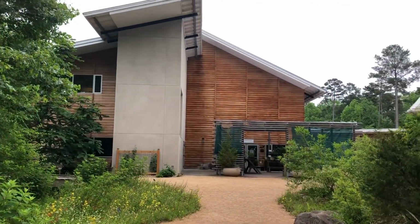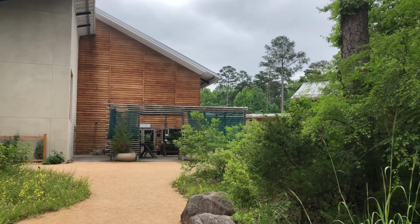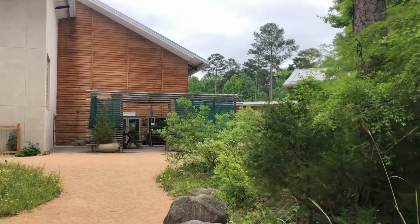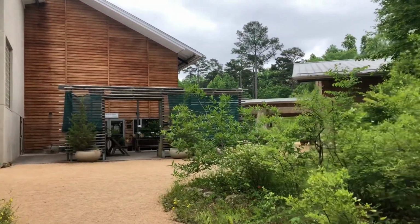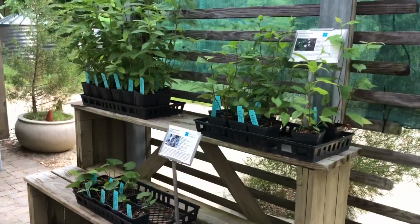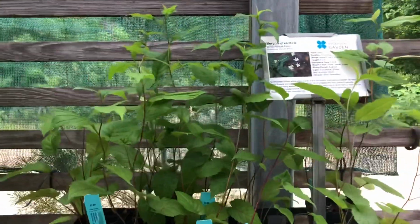The great thing about NCBG is they have a fantastic plant sale area, which is actually why I'm here. I'm here to pick up a bunch of Lycoris radiata bulbs, but let's go see what they have available for sale today. Oh yeah, it's awesome. Look, they have sedums, Eurybia,